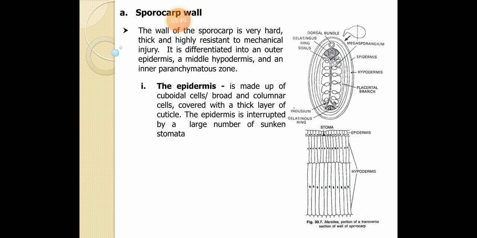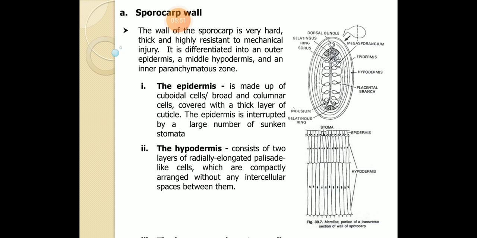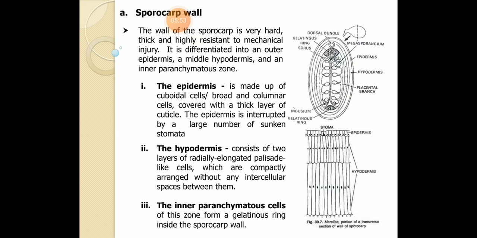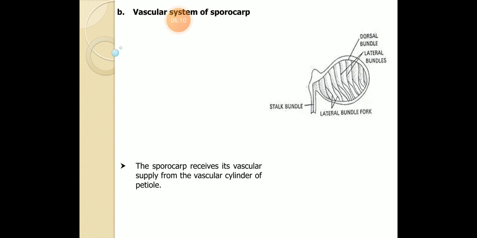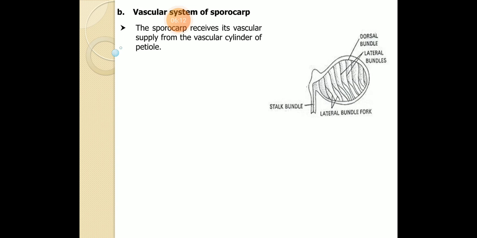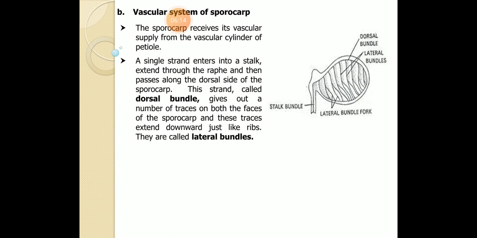So usually they consist of different regions, that's the epidermis and the hypodermis. Usually the epidermis is made up of cuboidal cells, and the hypodermis consists of two layers of radially elongated palisade parenchyma, and the inner parenchymatous layer is gelatinous. They help in the proper protection of the sporocarp, and in the center portion is the supply of the vascular